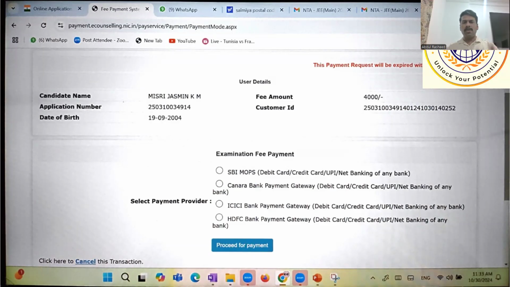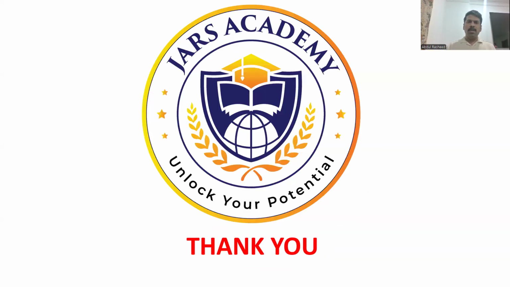Even after the registration process, if the application is already submitted and only the payment remains, you can just log into the site using your application number and password. Then you will be directed to this payment page. I think I have covered the major part of this application form. In case you have any further doubts in applying for JEE Mains 2025 session, you can contact any